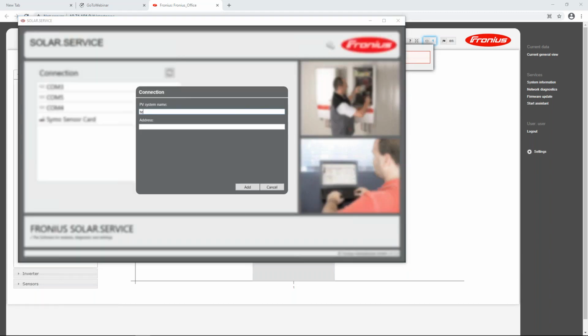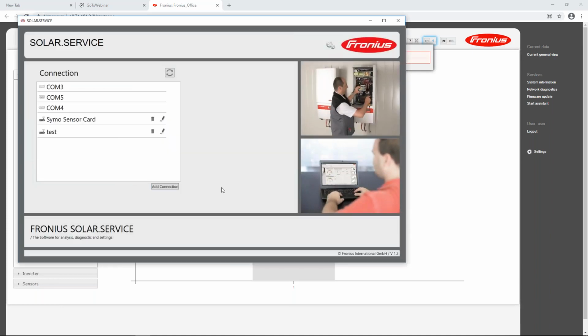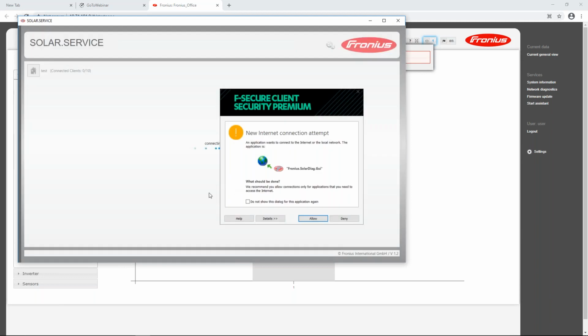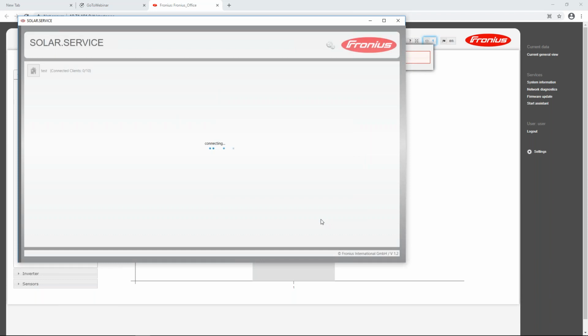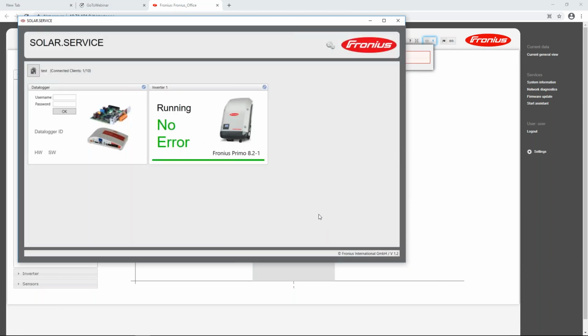Let's call this a test system. It's very important that you have the correct IP address. So in this case, the specific inverter that you want to access has an IP address of 10.71.101.0. Once you've done that, you can click on Add. You'll get a notification. Just say allow. Connection is established. As you can see in this specific installation, I have a data manager and